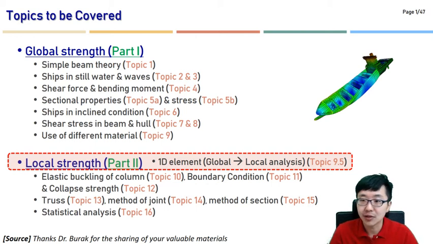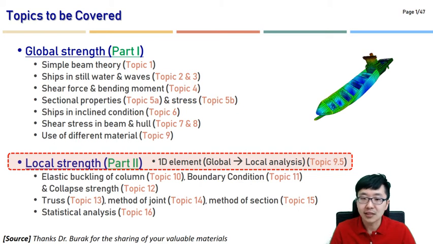And today we'd like to start our local strengths. We call it part 2. And this is the first session, so I'd like to briefly introduce what the local strengths are and how we're going to connect the outcome obtained from the global strengths analysis and how that will be used for our local analysis. So I just put it as topic 9.5, but I will try my best to introduce the topics